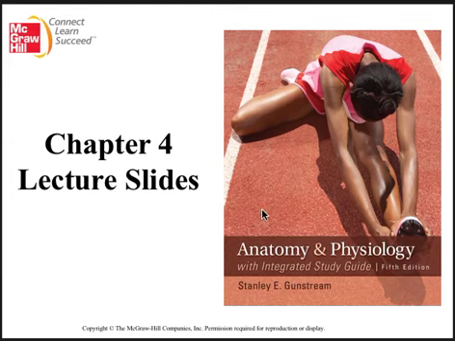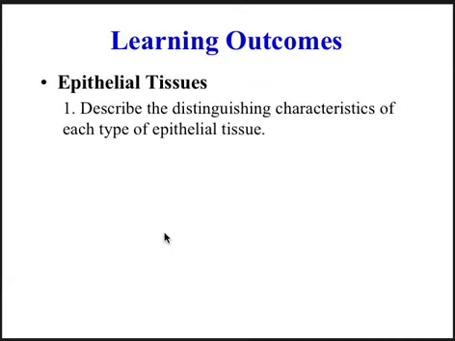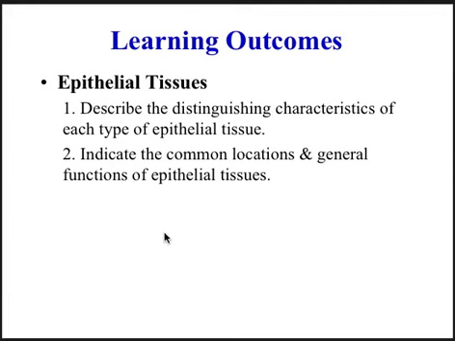Okay, welcome everybody. This is chapter 4 from Gunstream, and in this chapter we're going to deal with the tissues of the body, their roles, where they might be found, and their makeup. So we're going to talk about epithelial tissue, describe its characteristics and types, and indicate common locations and general